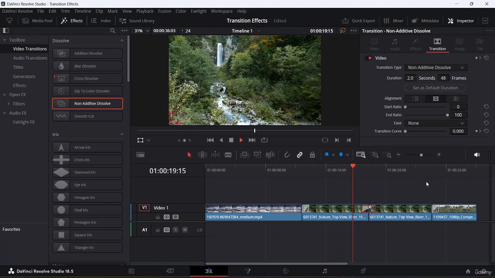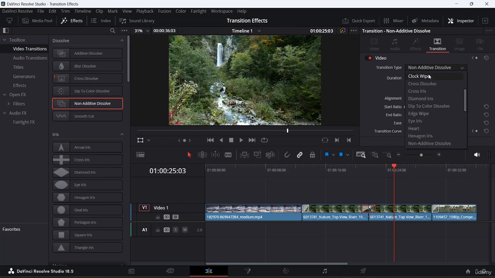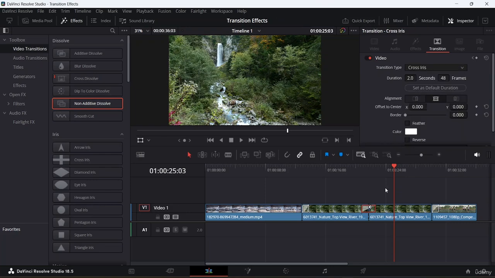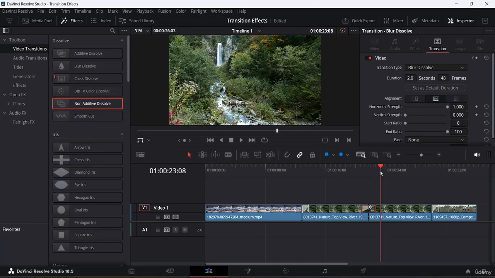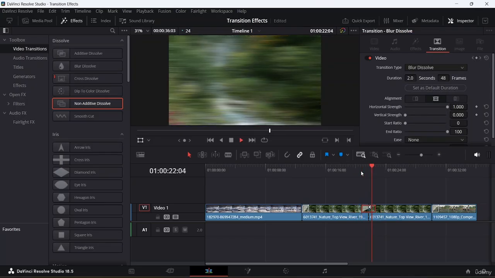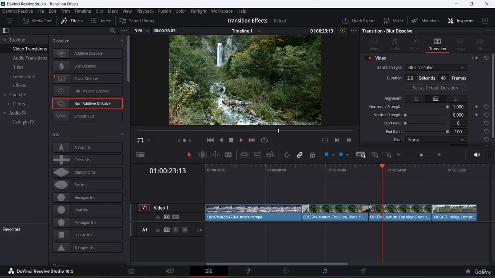And now if I just play this, you guys can see there is a great transition between that. And let's say instead of this non-additive dissolve, let's go with the cross iris. Okay, so once I have this cross iris option, let's play this. And here also you are not able to see any changes. Okay, so let's go with blur dissolve over here. Now let's play this one, and here you guys can see there is a blur dissolve of 2 seconds